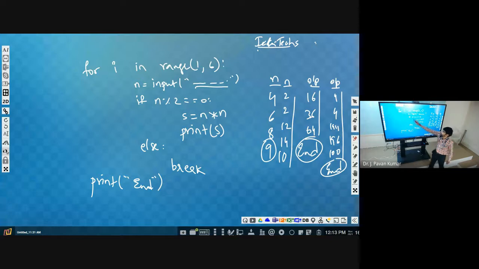For I in S1, print I, right? Print I. So this will be printed.